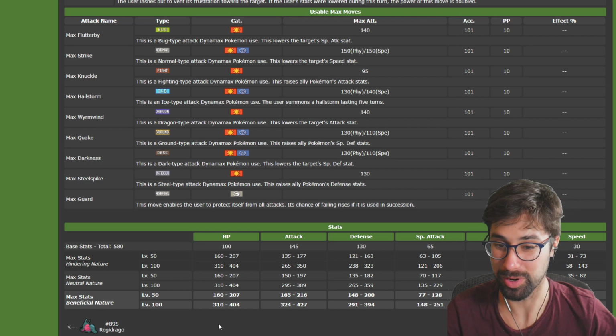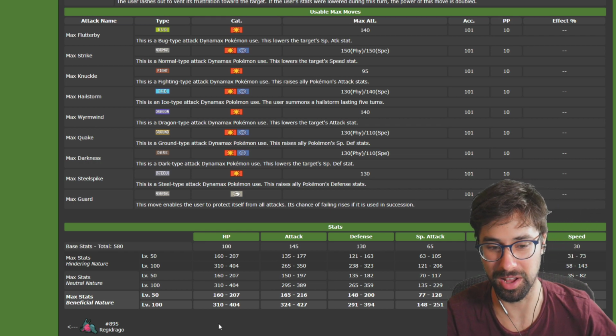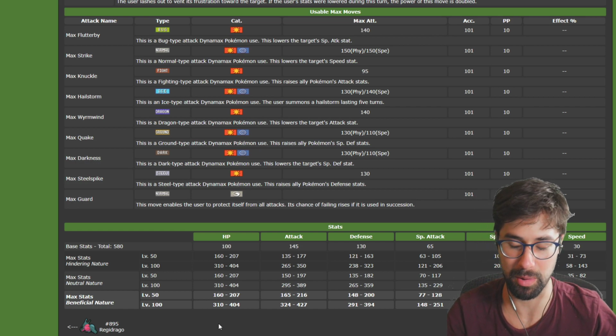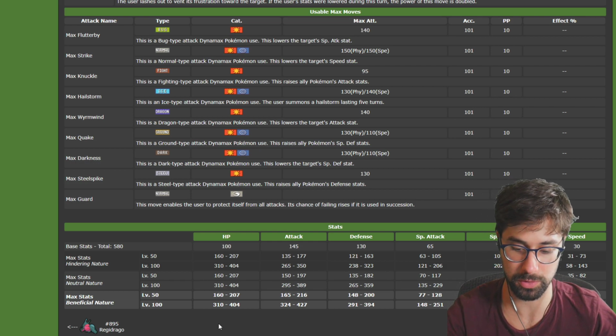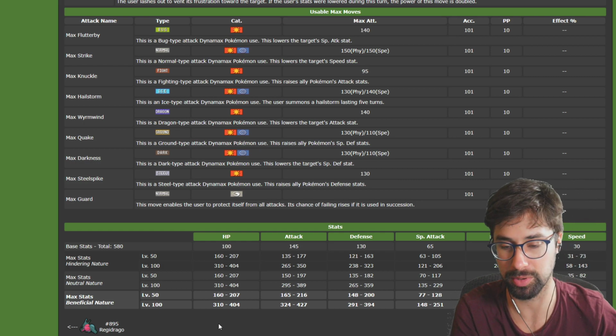So I was playing in a tournament, the Players' Cup, which is a pretty big online tournament. And I had Glastrier, but I'm running Life Orb instead of Weakness Policy because my Weakness Policy was elsewhere on the team. Part of the reason Glastrier is so difficult to beat is because of the Moxie ability. But the thing about the Moxie ability is...